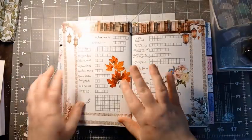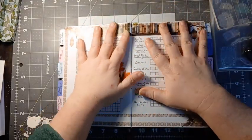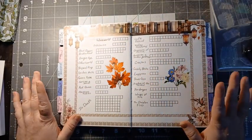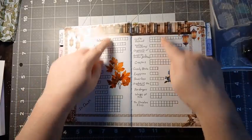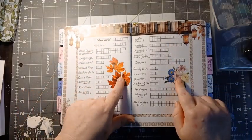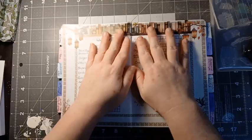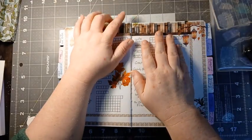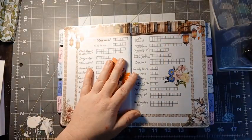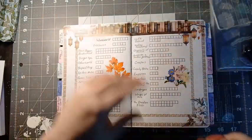And then this spread. I am so happy with this one. This is one of my favorite spreads. I'm still giddy about it. I was gonna put the books down here, but I'm glad I put them up there. I was gonna put mushrooms here, but I didn't, and I'm glad I didn't. It just looks so good, and I'm so happy with it. I would lick it if I wanted to. Yes, I'm one of those weirdos. Let me fix this because that was bothering me. Anyway,